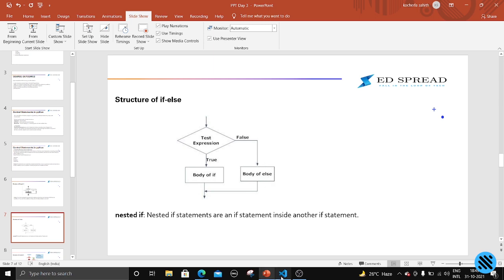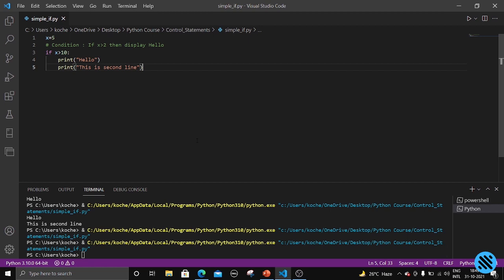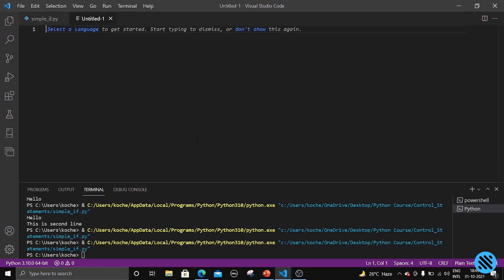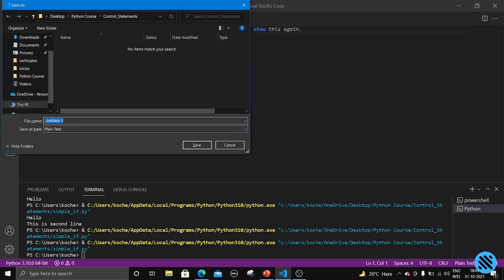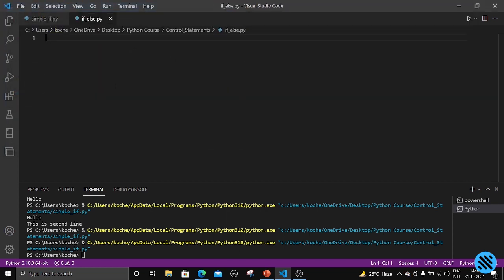Okay, so let us open Visual Studio Code and let us open a new file. Control plus N and Control plus S gives us the provision to save the program. And let us write if else.py, right? And now let us take one more example. So let us take x equal to 5, y equal to 2. Okay, and what we're going to do is if x is greater than y,